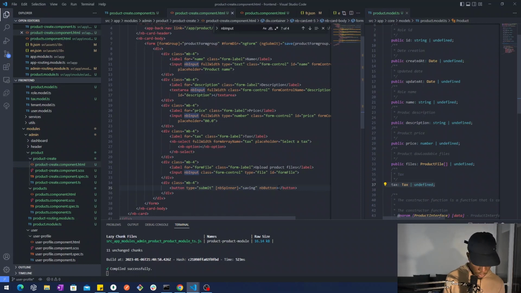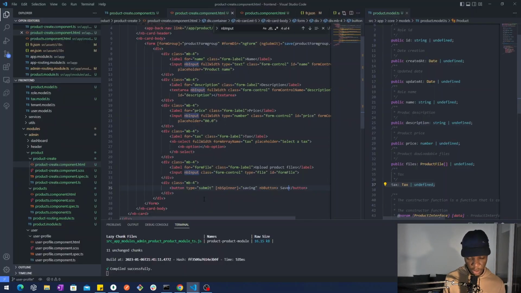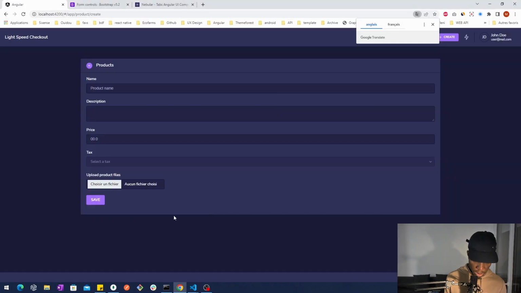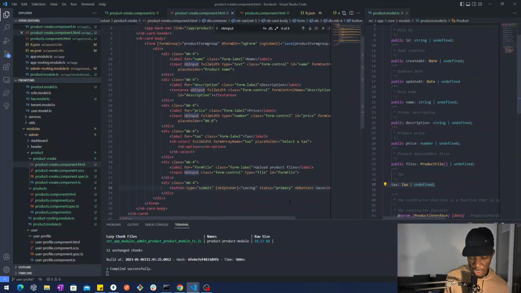This is because we forgot to add something inside actually. So you have this button, but let's actually change the status of the button. So we say that we want the primary status, and we want this primary status. So let's actually change this theme to the dark, and we also want